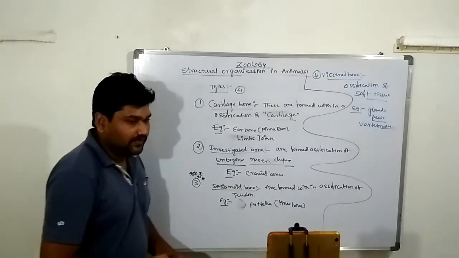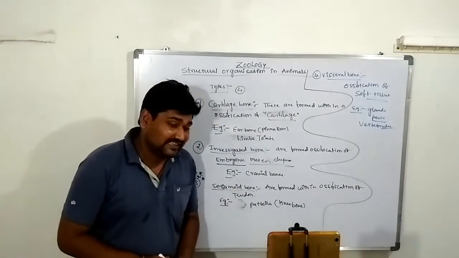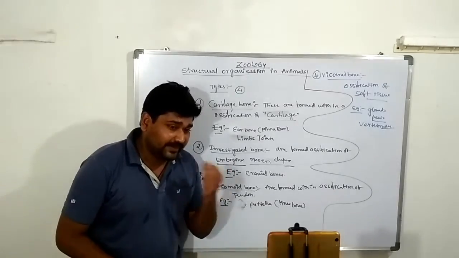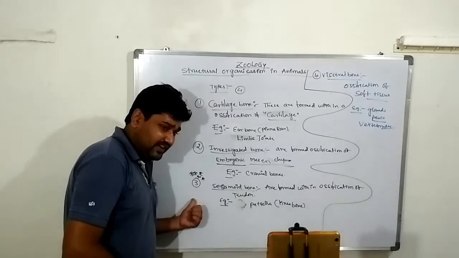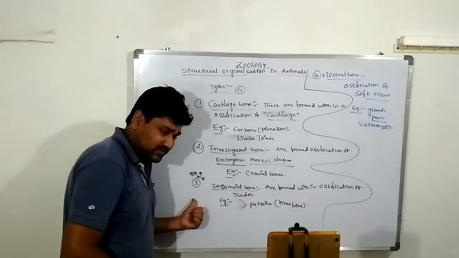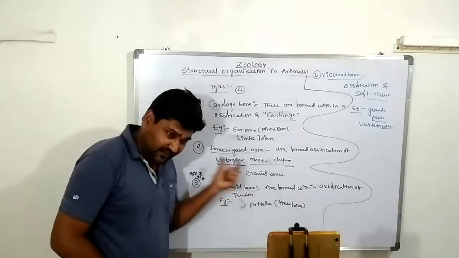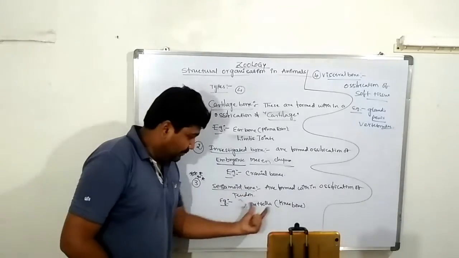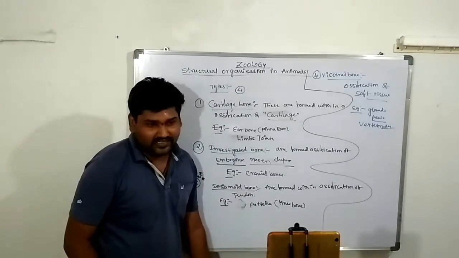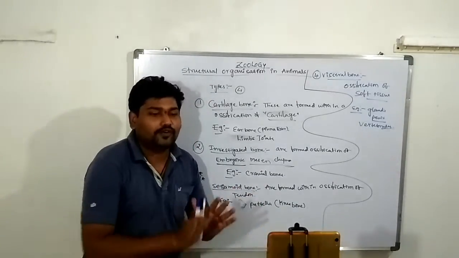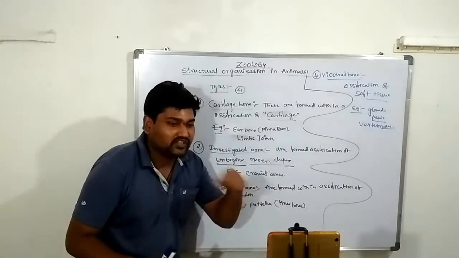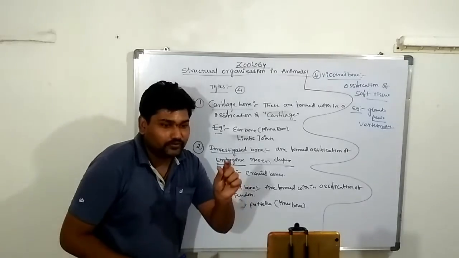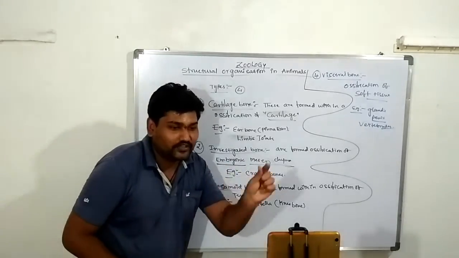Are you clear? So these are 4 different types of bones, and 3 different types of cells. The sesamoid bone is very important in examination for 2 marks. What is the sesamoid bone? It is ossification of tendon. Example: patella or knee bone. So we have completed the detailed information about the skeletal tissue. Next we move forward to the vascular tissue, nothing but fluid connective tissue, blood.